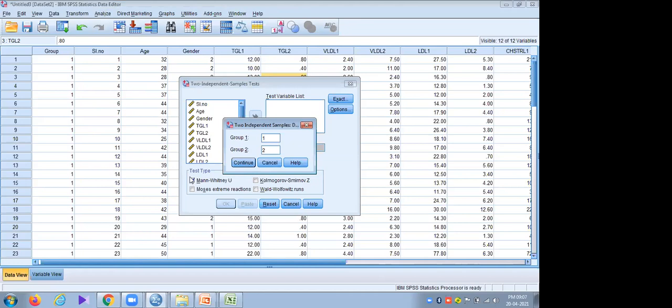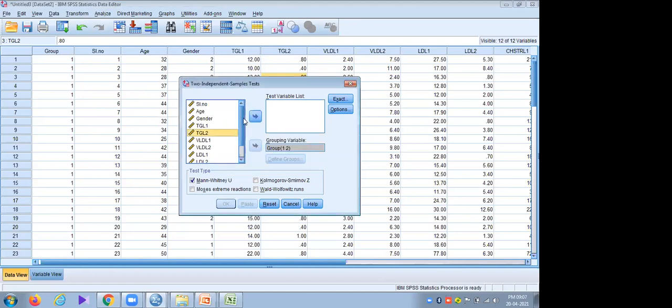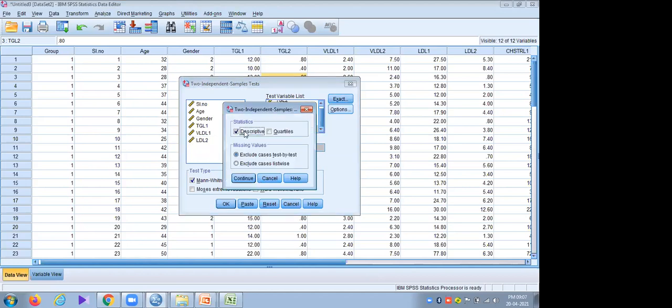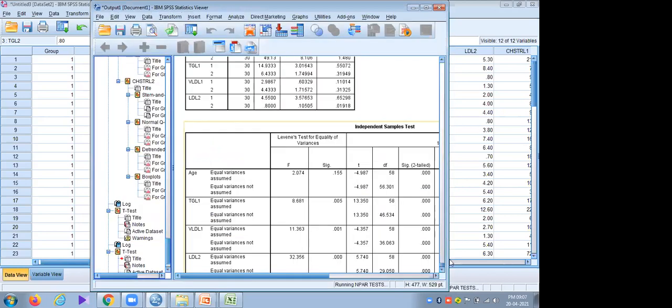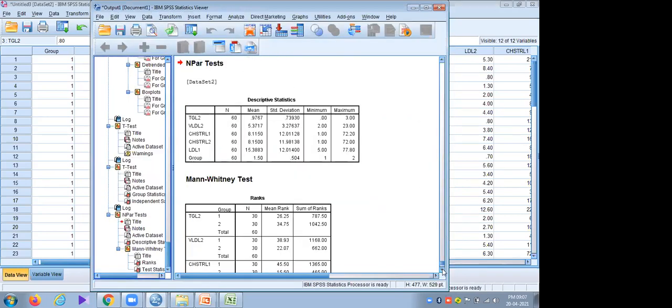The Mann-Whitney U test is already selected. The variables TGL2, VLDL2, LDL1, cholesterol 1 and cholesterol 2 are the ones we found not normal. We can give the option for descriptives, continue, and if we run the analysis, we will get the outcome.